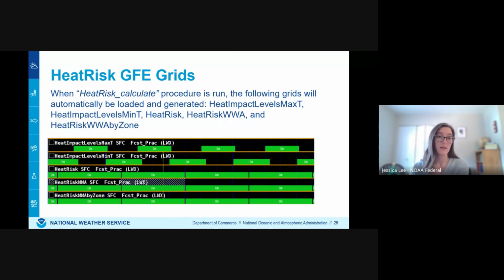it is showing. For example, is a red or major heat risk value due to both the max and min Ts being red, or are the overnight lows orange or perhaps even yellow, which means that overnight temps are less impactful and messaging actions like moving outdoor activities to cooler parts of the day or opening windows at night might be appropriate. The next grid we have is the heat risk grid, which just shows the final 24-hour heat risk